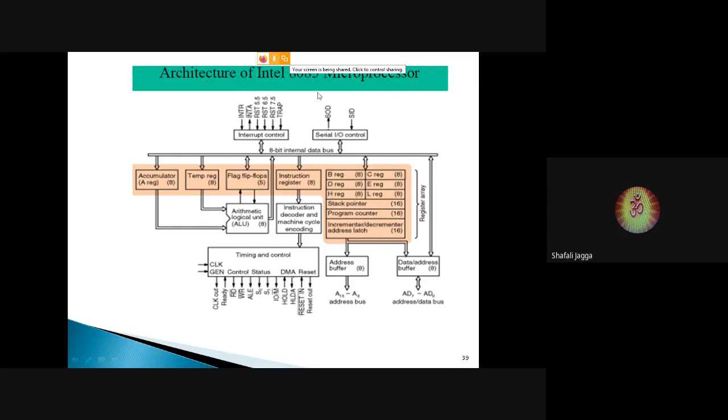Corresponding to these 5 interrupt requests, INTR, RST 5.5, RST 6.5, RST 7.5 and TRAP, these are all externally initiated interrupt requests. Out of these 5, only the INTR request signal has an acknowledgement. Whenever an interrupt request comes from the INTR pin, in response the microprocessor generates the interrupt acknowledgement signal, INTA bar. It tells that the request has been accepted, meaning this interrupt request will be entertained.